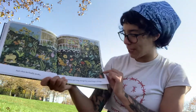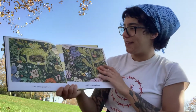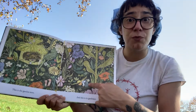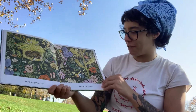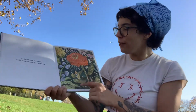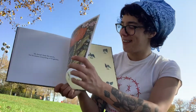Now, let's see what's gonna happen. The gardener had been asleep long enough for something to change. This is the garden now. Beautiful, full of flowers, and not just one little person is responsible. Now there are many people helping, and together they've made a difference. This is the garden, and this is its gardener. He didn't look like much, but he means everything to his garden. The